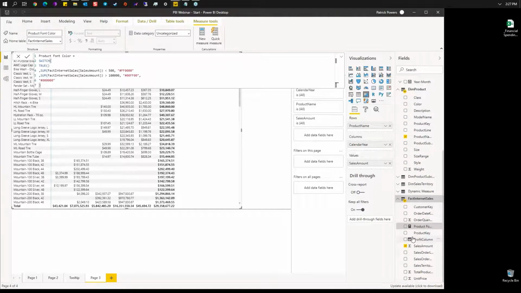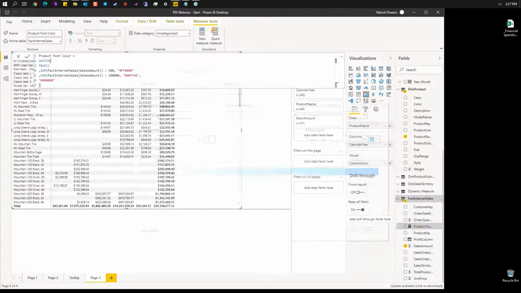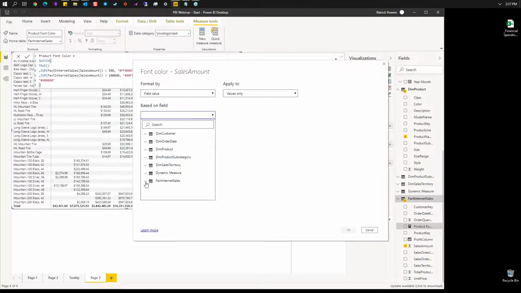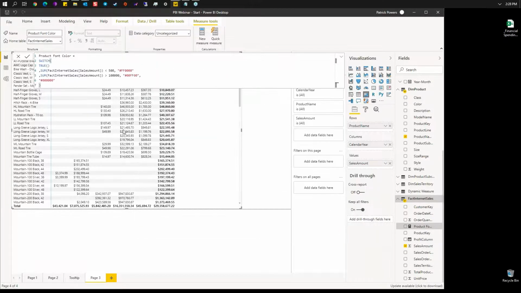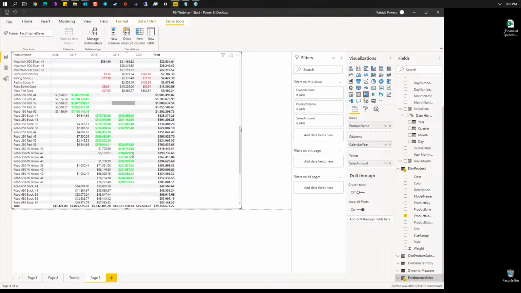Now I've got this product font color. And over here in my visualization pane, I go to sales amount, and I'm going to go to conditional formatting, font color. And we are going to choose field value, and we're going to base it on product font color. So look at that. Same visualization,